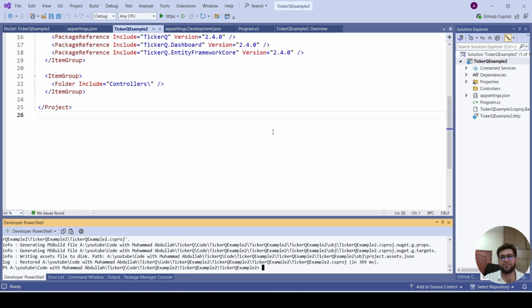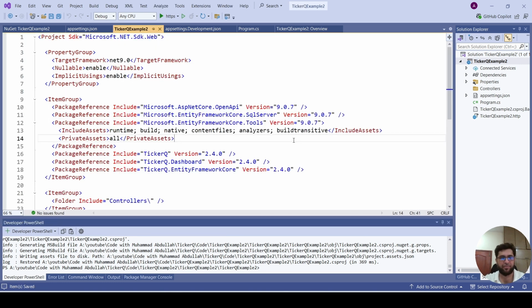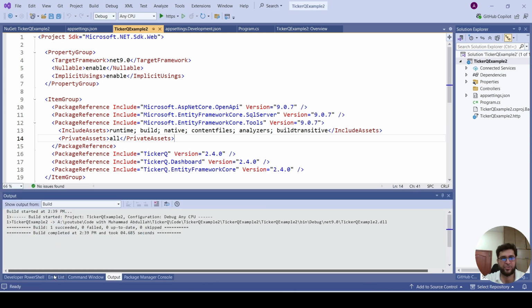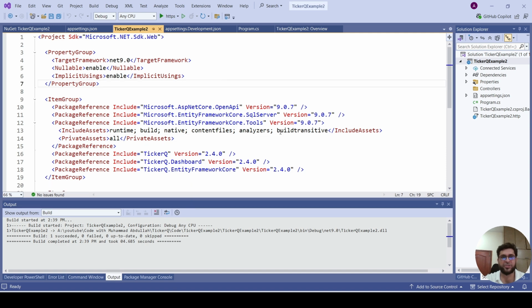So this is the first step you will need. So let's build the application. So let's complete the build. Okay, so it's working now. Next,